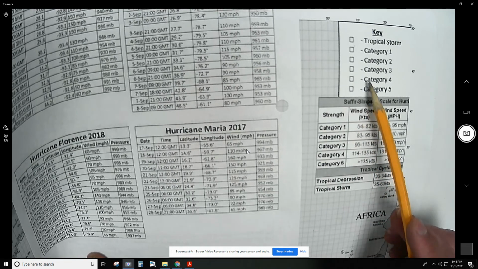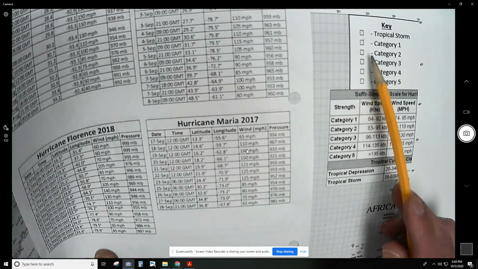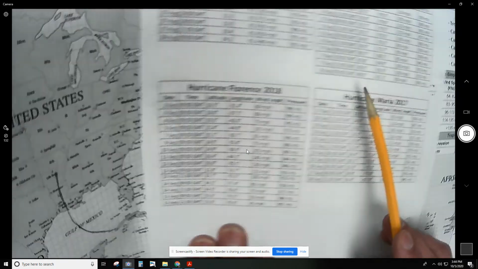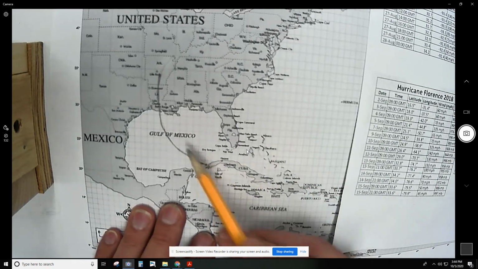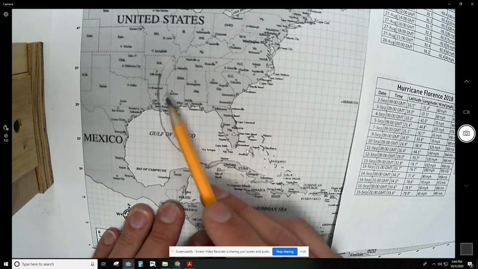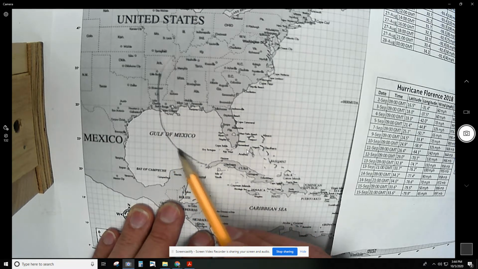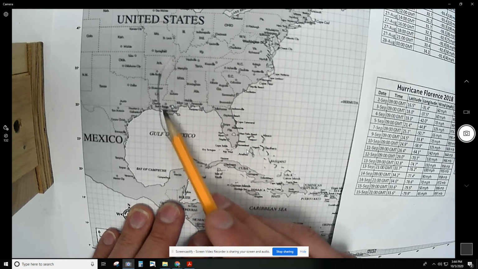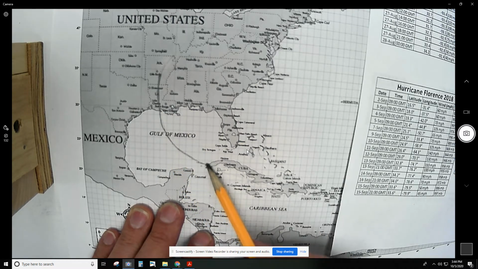So pick 5 colors. And every time it's a category 2, you're going to go back through on your chart, and wherever that dot is located, you're just going to highlight that little dot, just color it in, okay? Or highlight over top of it. And then category 3s are going to be a different color, and category 4s, and so on and so forth. So you're going to have some color on this line here. So you should have some dots that are not colored and some dots that are colored according to their wind speed,